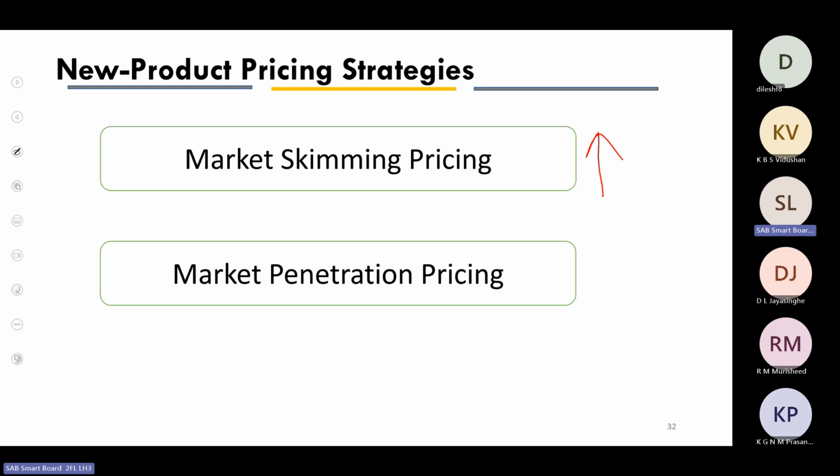Now just think about this company we have in this country. They knew there would not be any more players in the market, so they came up with a higher price than other players were charging. Nothing happened; we are buying from them. That is market skimming. They try to set a high price when they enter the market and sell their product.